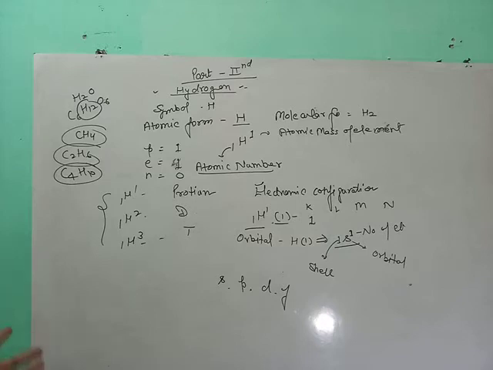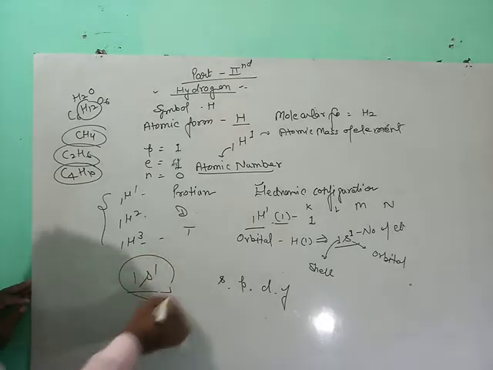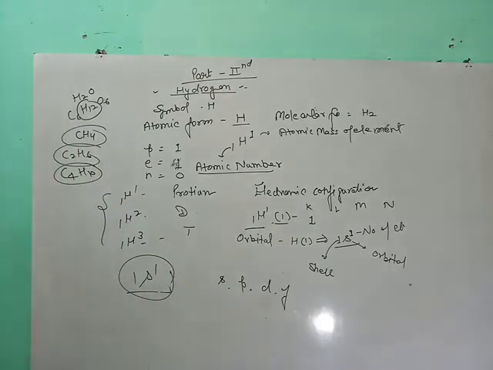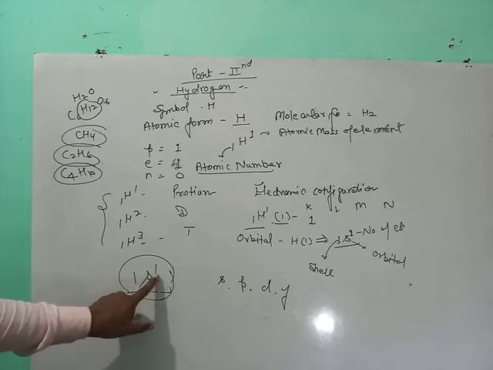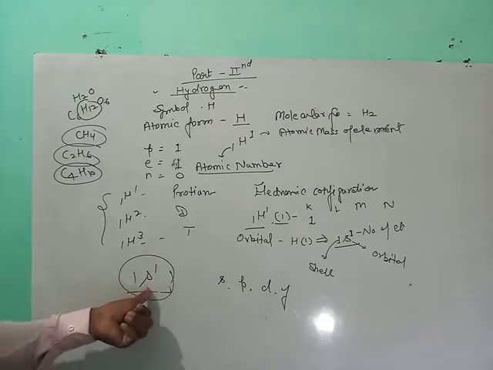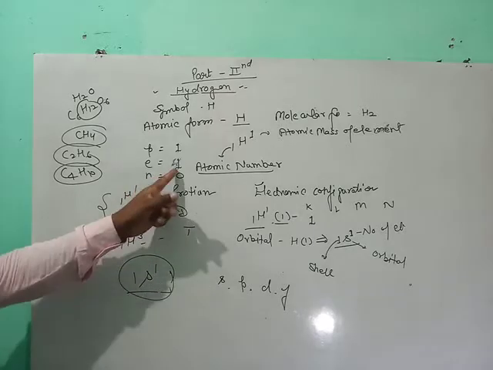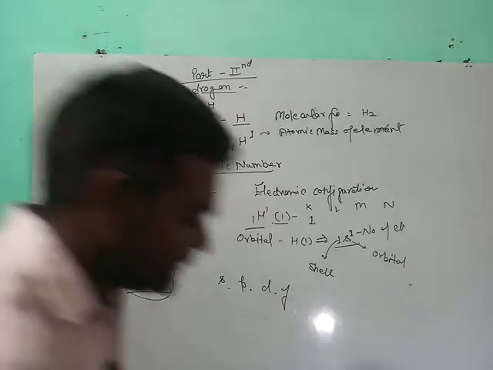The electronic configuration of hydrogen in orbital form is written as 1s1, where 1 is the shell, this s is the orbital, and this 1 represents the number of electrons. And we know that hydrogen has only one electron, so the electronic configuration is written as 1s1. And next,